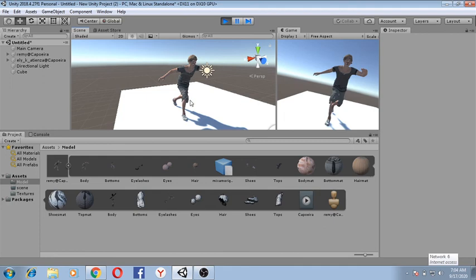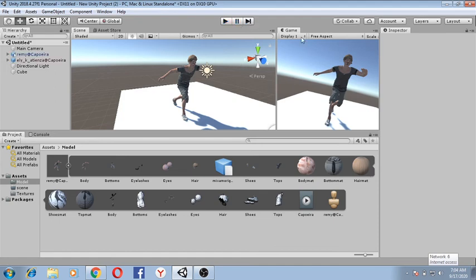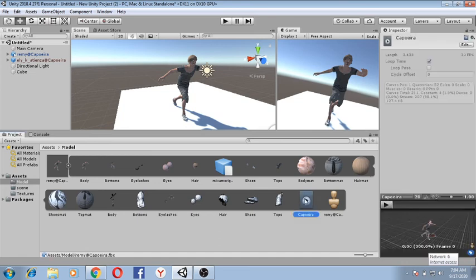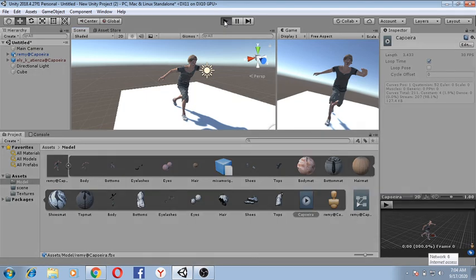Now as you can see, the game is in play, and we are not able to see this character moving. So we need to come out of the play scene and select this thing. Then we can drag it and drop it on the character to impart some animation to the character. Now if you play your game, you will see this character moving.